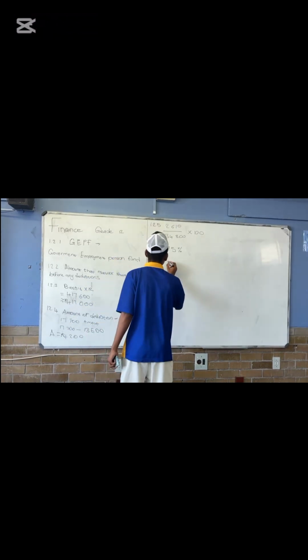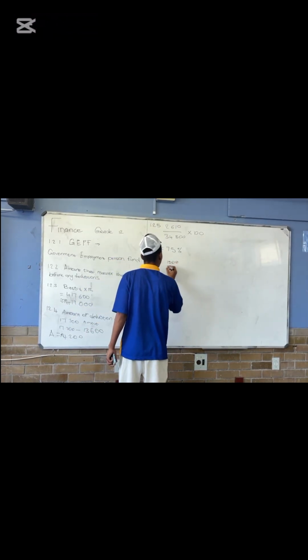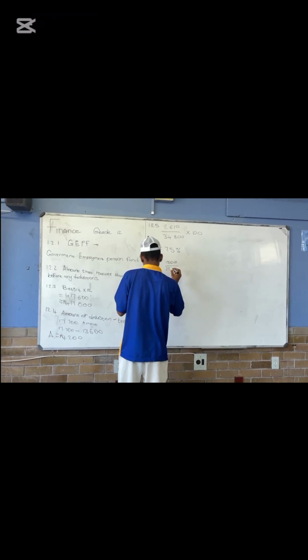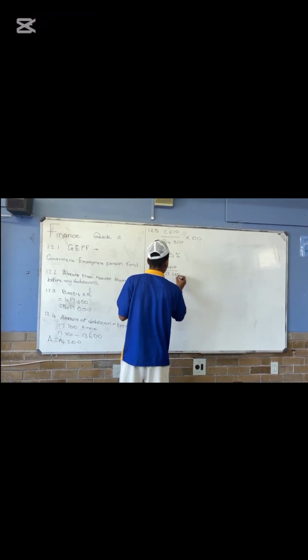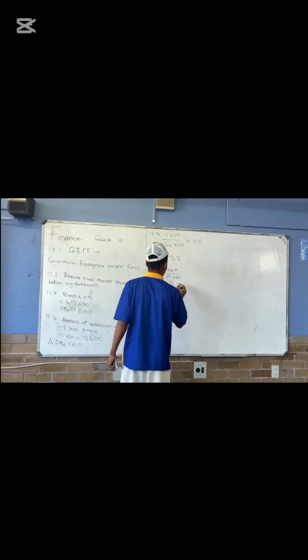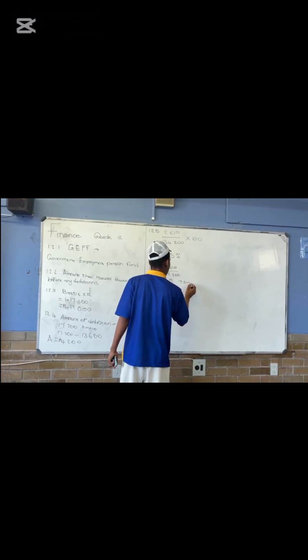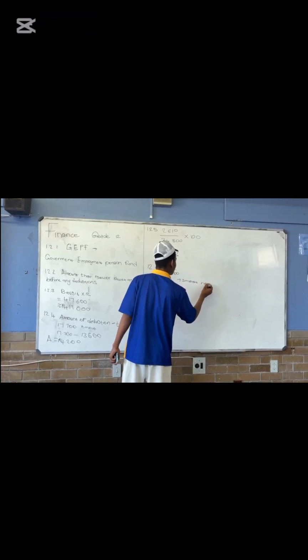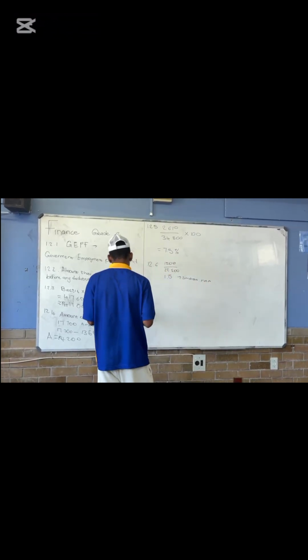Let me say 1,500 over 22,500. Then it will give us 1 to 15. This one is our simplest ratio. So then we move